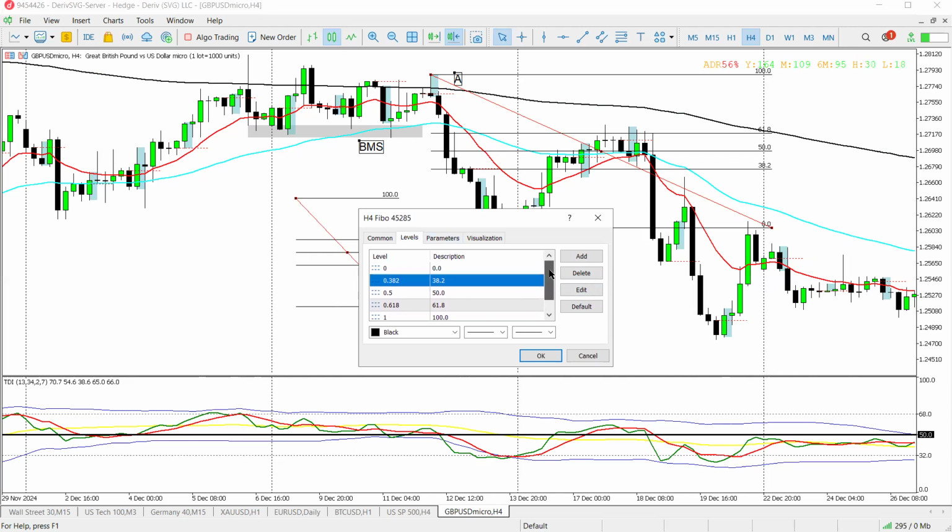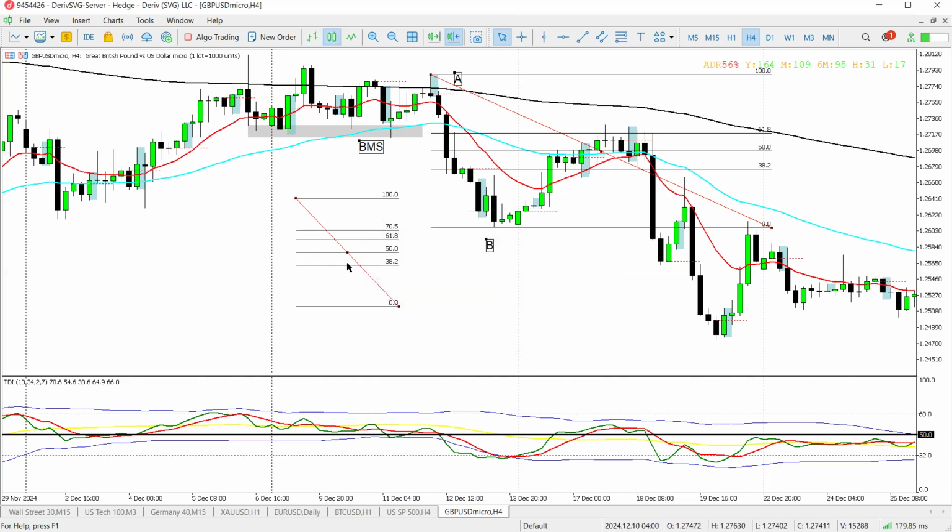So maybe in terms of adding, let me add a level for you so that you guys can see. I'm going to click add. Then here you see it says 0.00. I'm going to put 0.705, 70.5, which is one of those levels being used by the author. Then under the description I'm going to identify it as a 70.5% fib retracement point. Then I'm going to click OK. Let's see if it shows. So now you see my fib has got a 38.2, a 50, a 61,